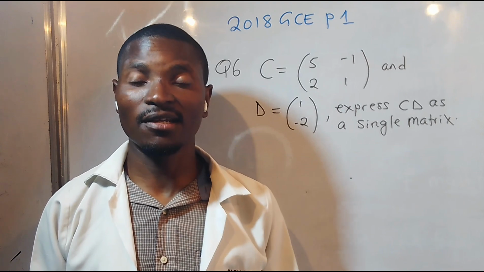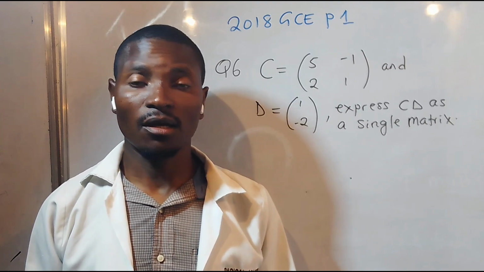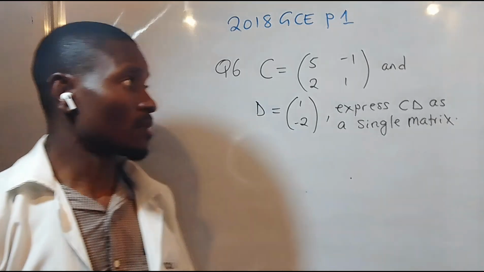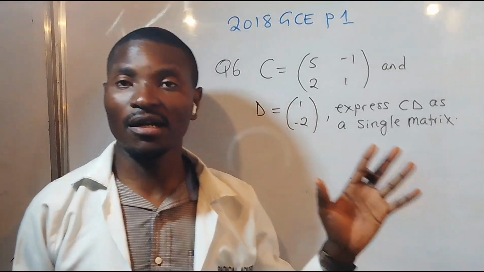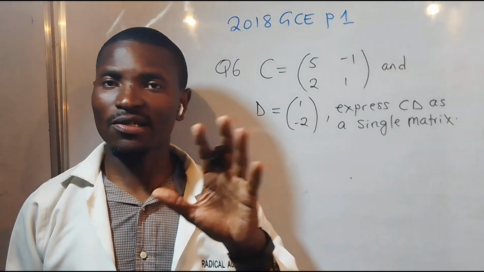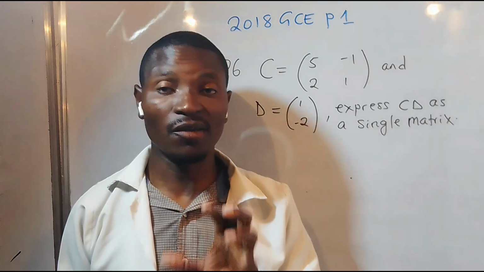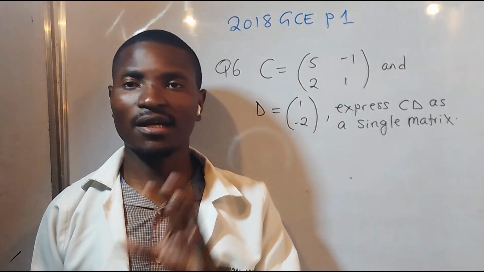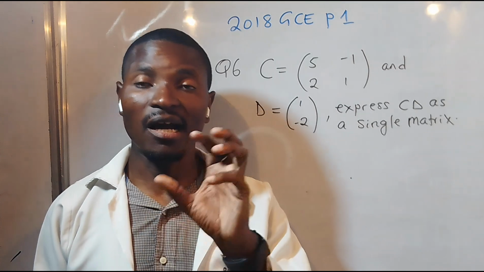This is particularly question 6 of this question paper. This question is about matrices, and we understand that matrices do come every year, and we must be able to understand addition, subtraction, as well as